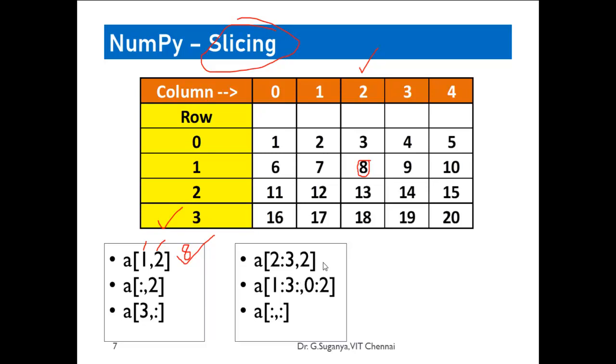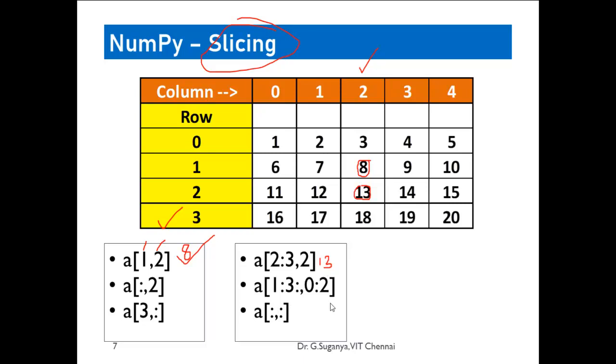So next comes further partitioning or slicing, right? What are the rows that we want? 2 colon 3. What does it mean? It will start with 2, but it won't include 3, because the end value is never included. So it is nothing but row 2 alone. And what is the column number we want to print? In row 2 the column value is 2, so what is the value that should be printed here? It should be 13. So 13 is the value we should expect out of this. You can check in your IPython notebook after listening to my lecture.